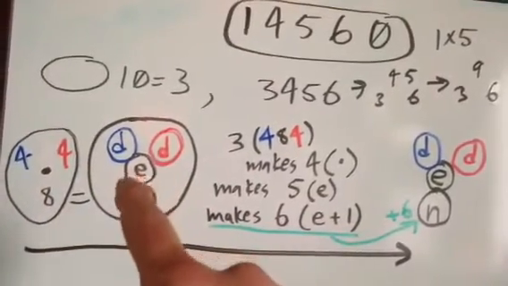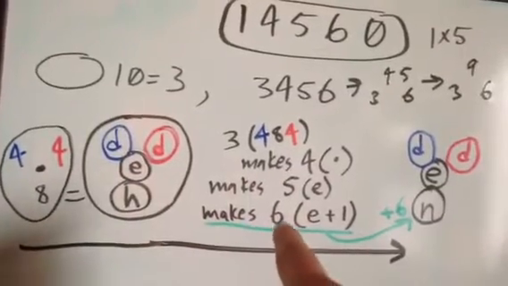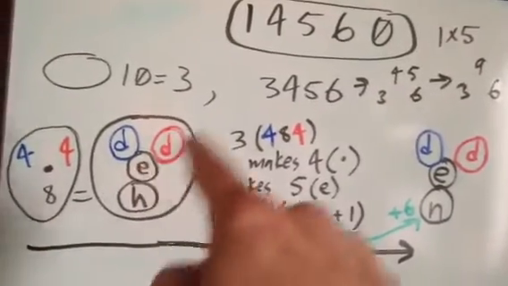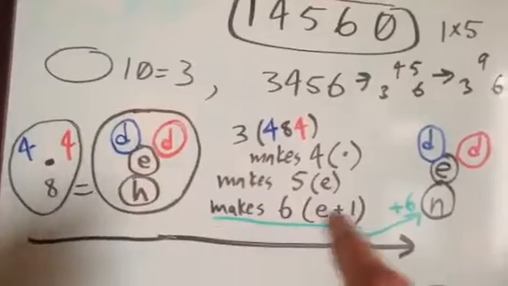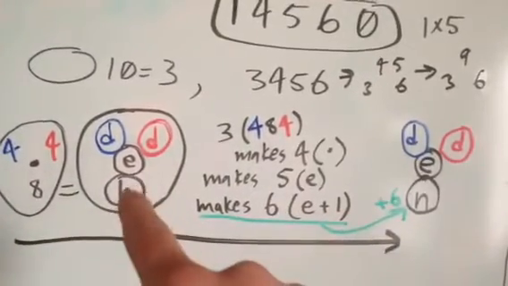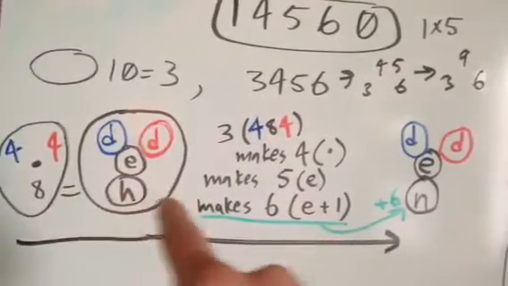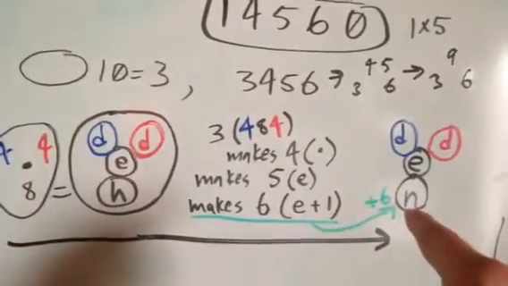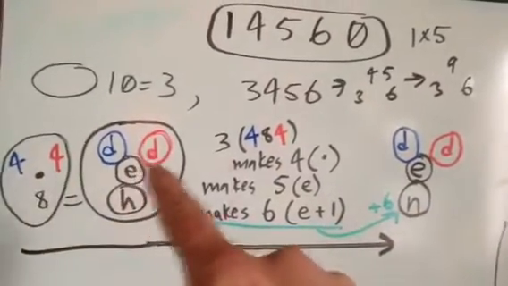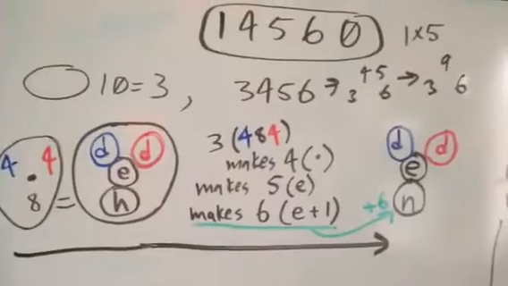Now we have to understand 3, the 484, makes 4, a dot, makes 5, a circle, or the 5 is your E, makes 6, which are going to be your E plus the 1 around it, which is 5 plus 1 is 6, and you're going to add that to your H. H plus 6 is N. 3 makes 4, makes 5, makes 6. Is the,